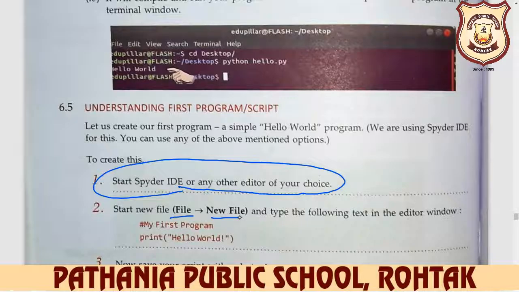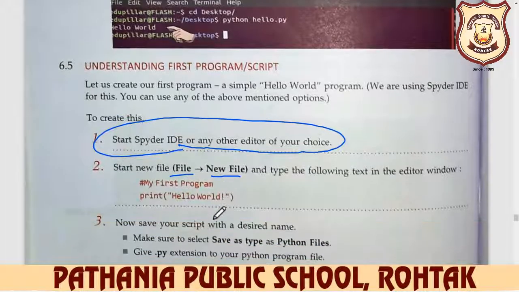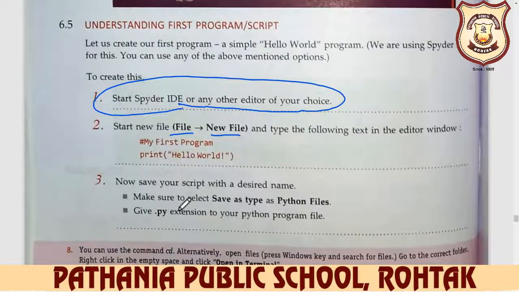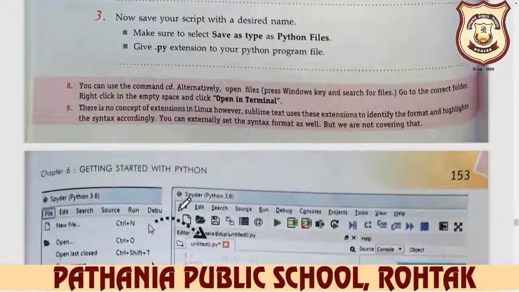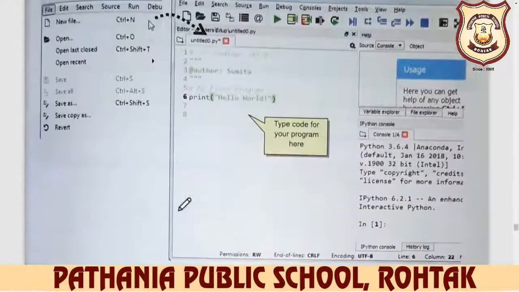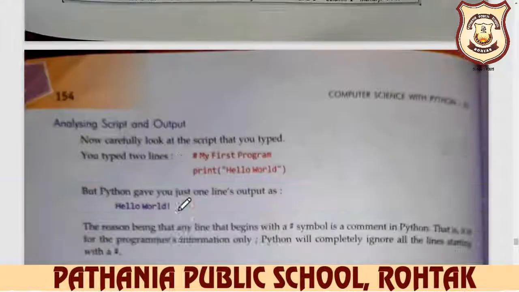But if you want to work in interactive mode, you write down directly. But if you want to save your program, then you click on File, then click on New File, and so you write down in script mode. And after that, you write the complete program, you save it with .py, and after that you run the program. Same like this. Okay,